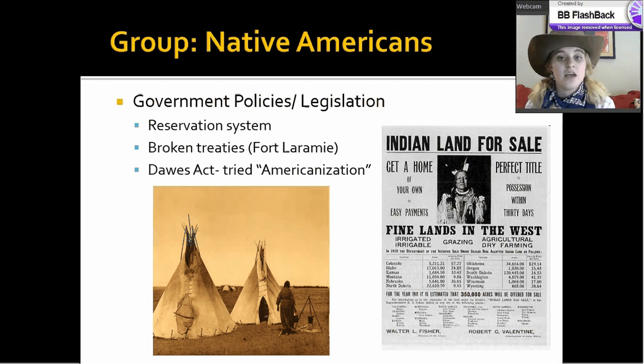They say that now you're farmers. You have to cut your hair, your long hair. You have to dress like white men. They even took their children away, saying that you're not fit to raise your own children. And the children were put in boarding schools so that they could be taught the way of the rest of America, taught to be civilized, taught Christianity and other things.